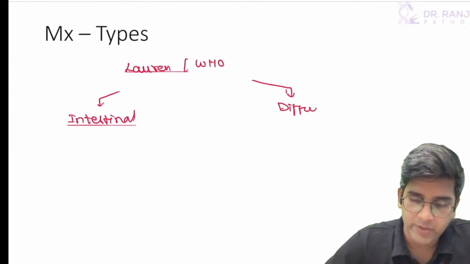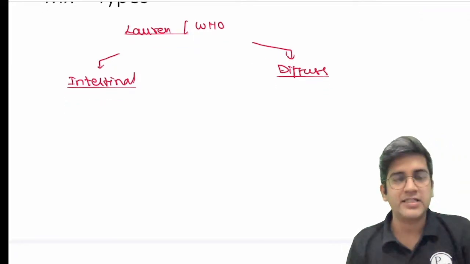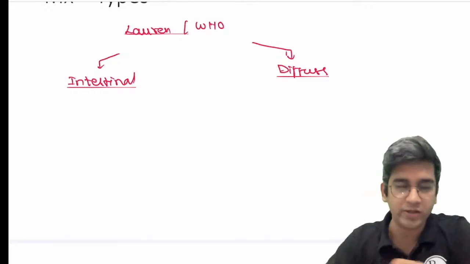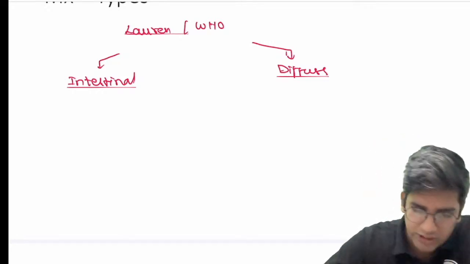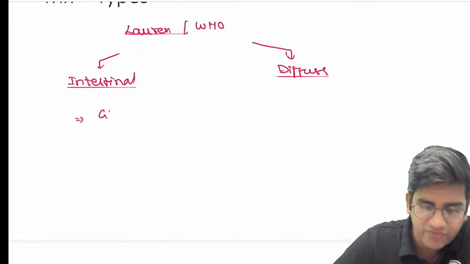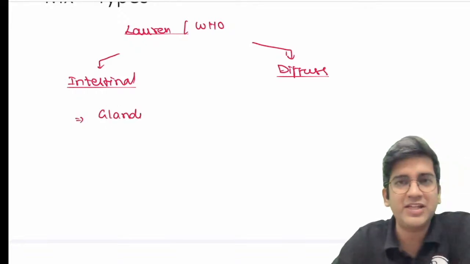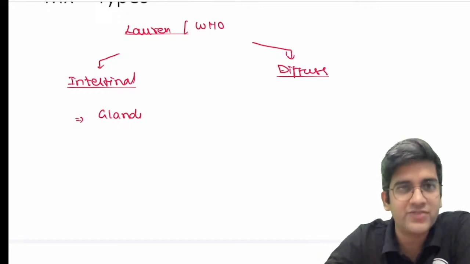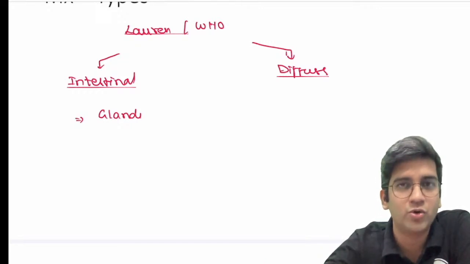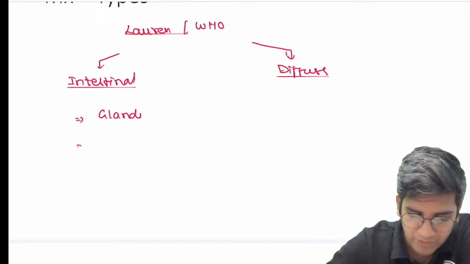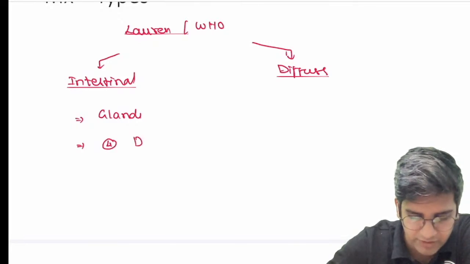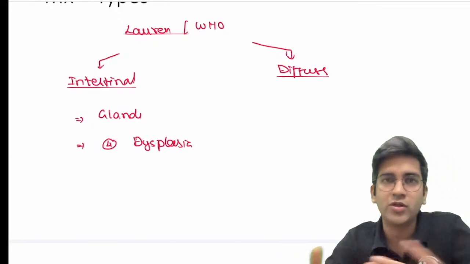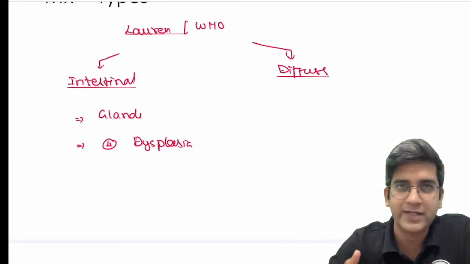Perfect. Okay, so intestinal type of gastric cancer, what will they have? Will have a classical tumor of an adenocarcinoma. Any adenocarcinoma, the template is same, right? So see, we have templates. Be very confident and go to the exam. Adenocarcinoma, any question comes, these 4 words, if you write, you will never go wrong. You will have glands by default. You will have all the 4 features of dysplasia by default. I'm not writing them. What are the 4 features? I'm sure you know your pleomorphism, high NC ratio, mitosis, loss of polarity.